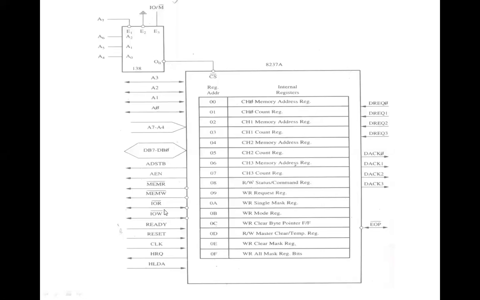Then we have other signals also: input output read and input output write. The function is very simple. Input output read is a bidirectional active low tri-state line. In the idle cycle, it is an input control signal used by the CPU to read the control register. Similarly, input output write is also a bidirectional active low tri-state line. In the idle state, it is again an input control signal used by the CPU to load information into the